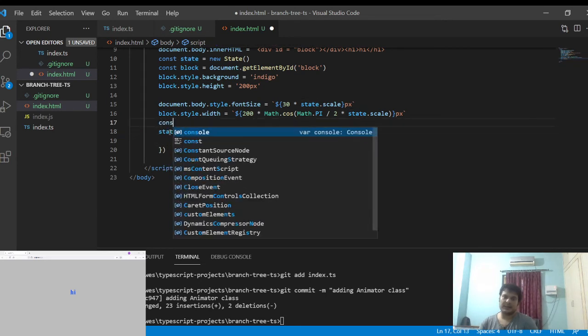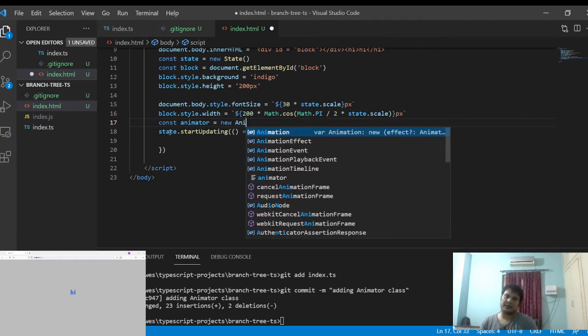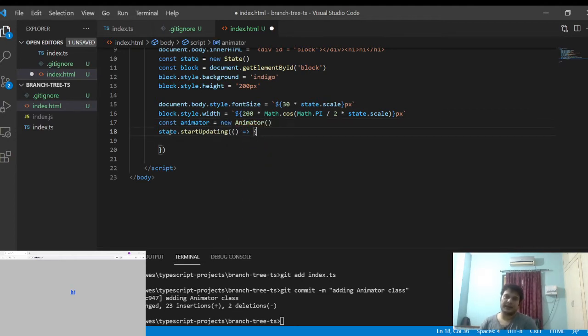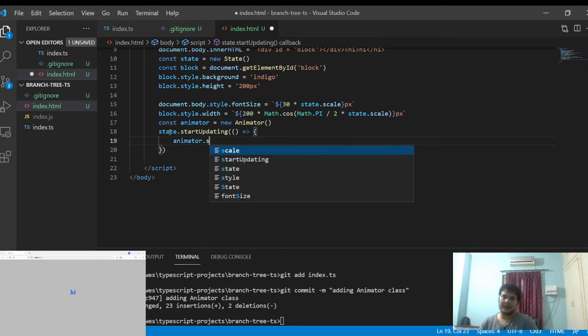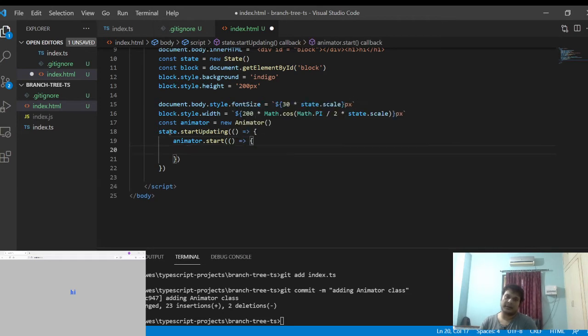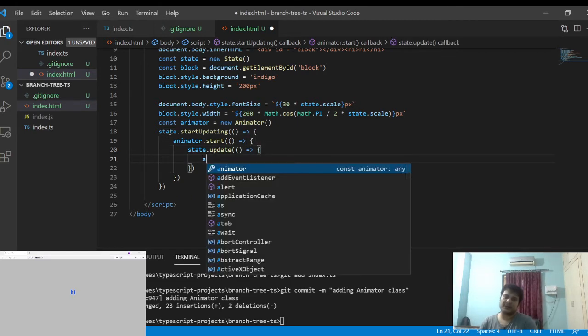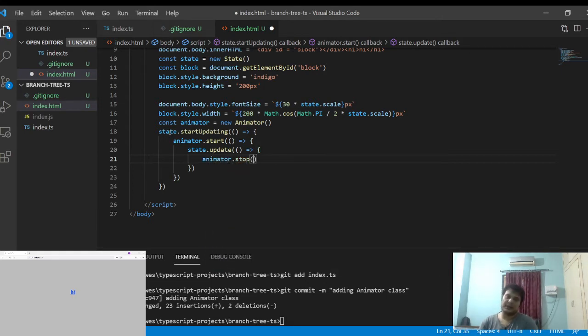I'll create something called animator, new Animator, and here I will say animator.start, and here I will say state.update. On completion of the updation of the scale from 0 to 1, I have to stop the animator.